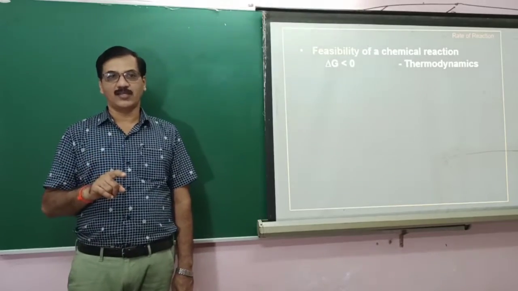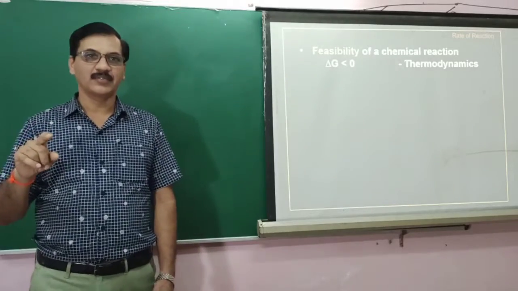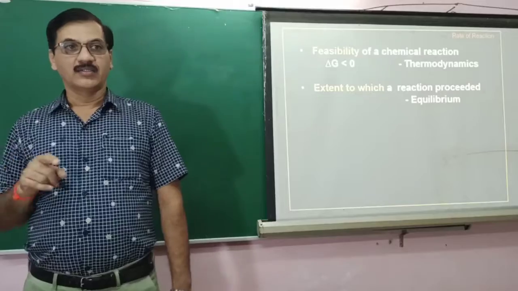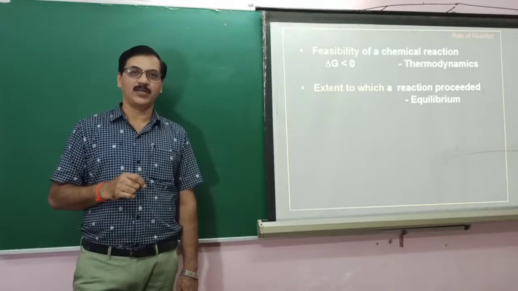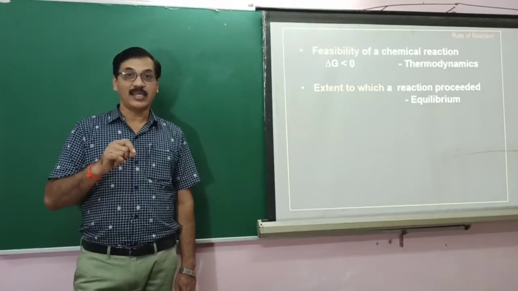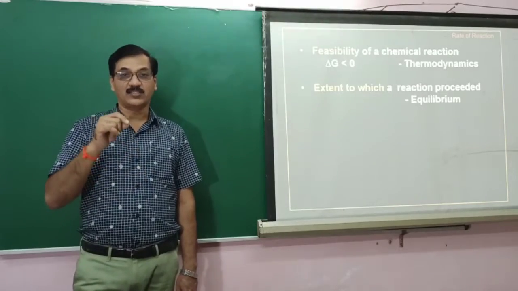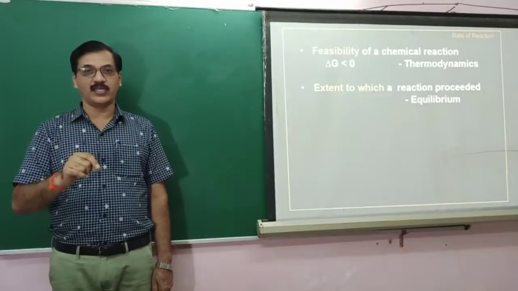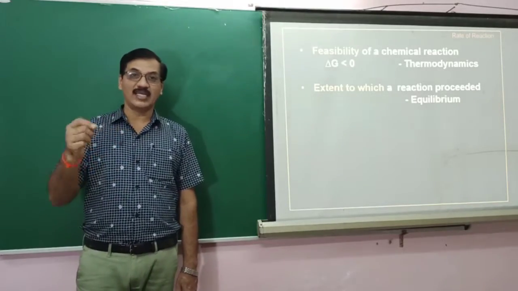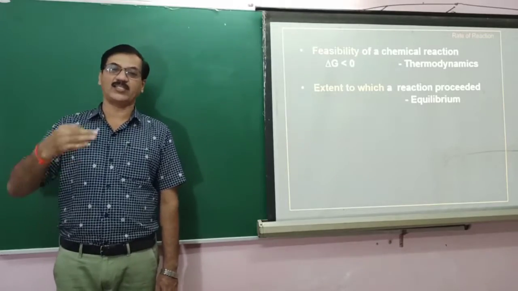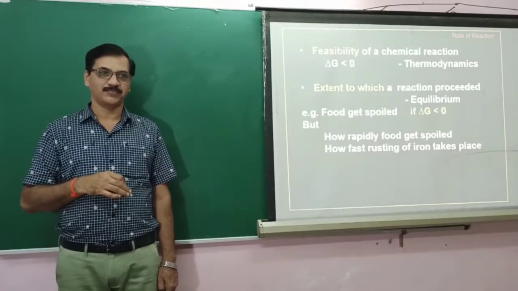If a process occurs, to what extent it occurs is decided by the equilibrium constant value. So we have studied the chapter equilibrium, which tells about the extent of the reaction. Suppose a reaction is spontaneous, and the extent of reaction is large, that is, the Kc value is large, but still it is important to know the speed of the reaction.